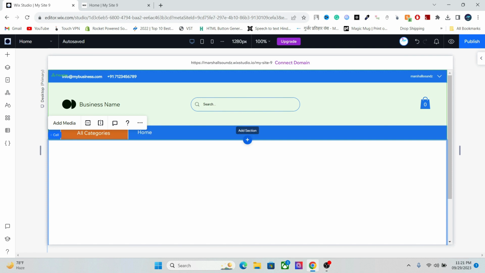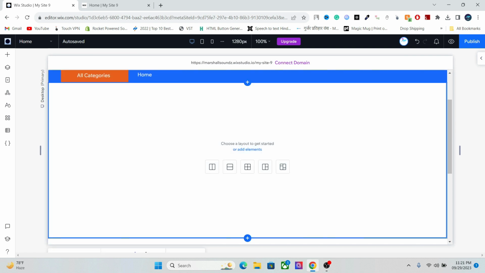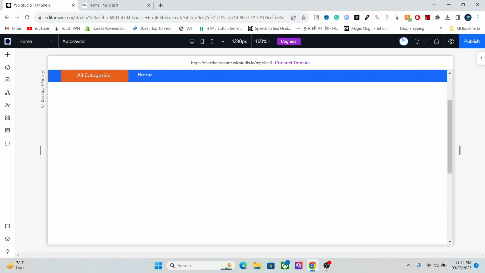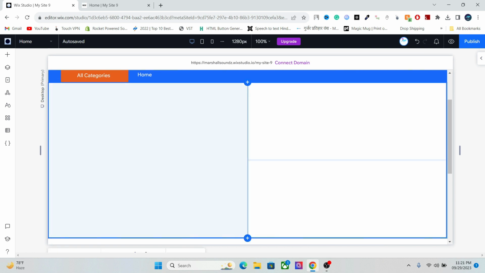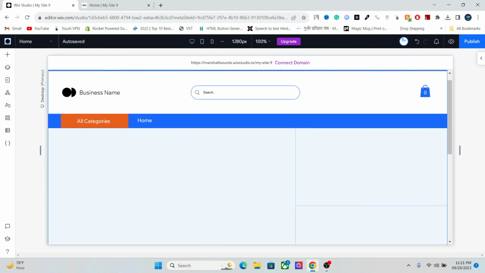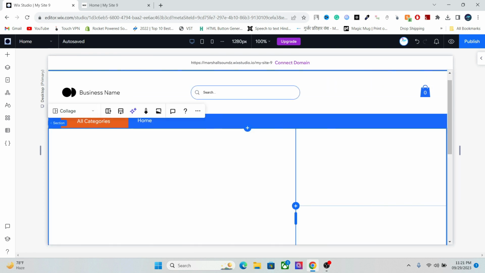So go here, add section, and we're going to choose the 3-cell collage. Okay, and this is going to load 3 cells here. Let's resize them. Something like this. The next thing we're going to do is add some margin into this cell to give room